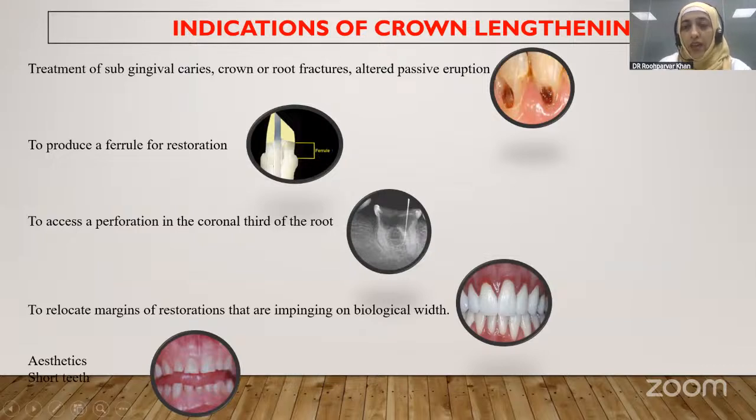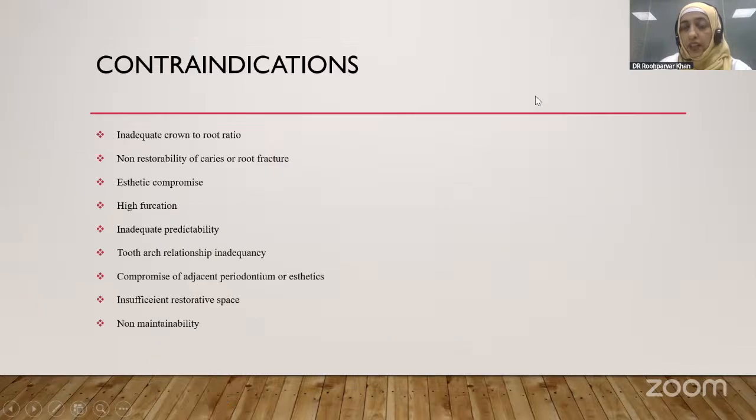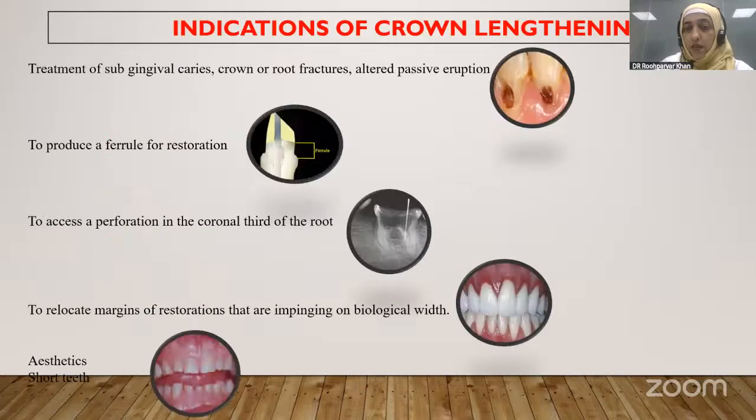Where is crown lengthening exactly indicated? It is indicated in the treatment of subgingival caries, crown or root fractures, or altered passive eruption. You can see in this figure, the patient is suffering from cervical caries. Without doing crown lengthening, we cannot give proper restoration in this case. Here, to excavate the caries properly and to give proper restoration, first we have to do crown lengthening. We have to expose the decayed surface, then we can give the proper